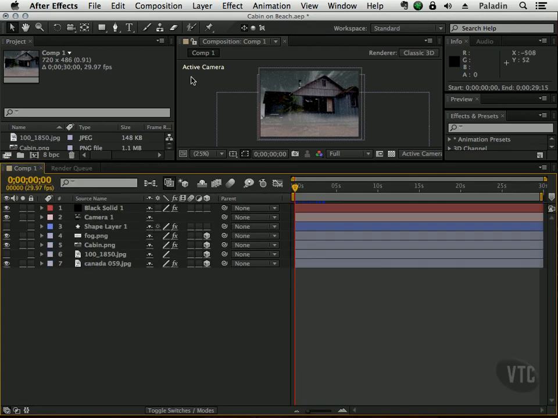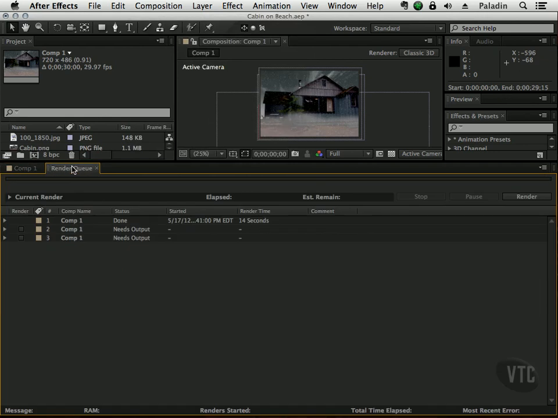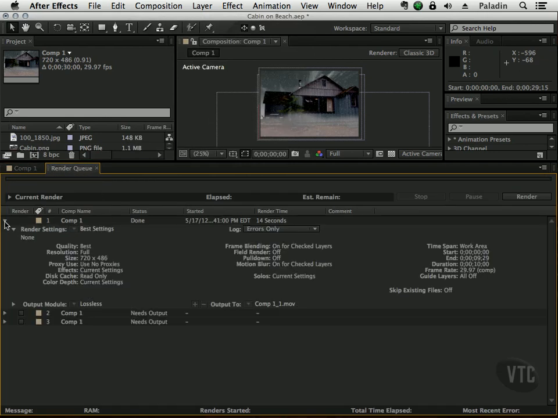So once again, when you're ready to get your video out of After Effects, go to Composition, Add to Render Queue, and from the render queue, you can go ahead and twirl down this guy here, and you can start to choose your basic settings. So you look over here and see what you want to do. In the next part, we'll talk more about some of the settings you might want to tweak and play around with. And those will be, of course, the output settings.